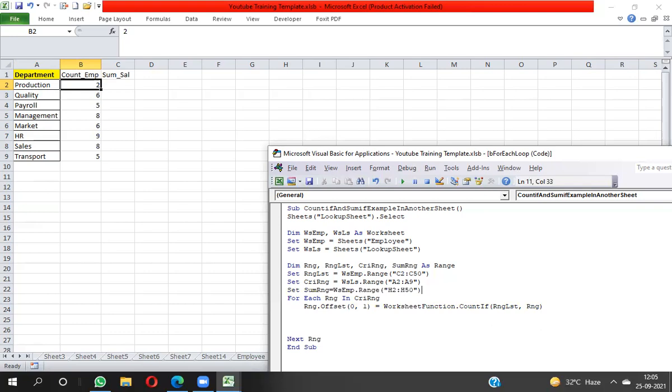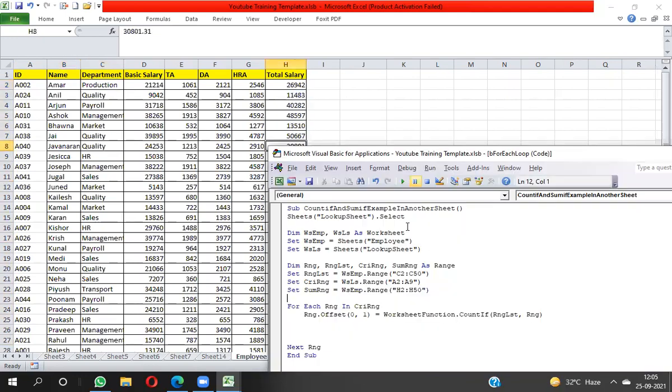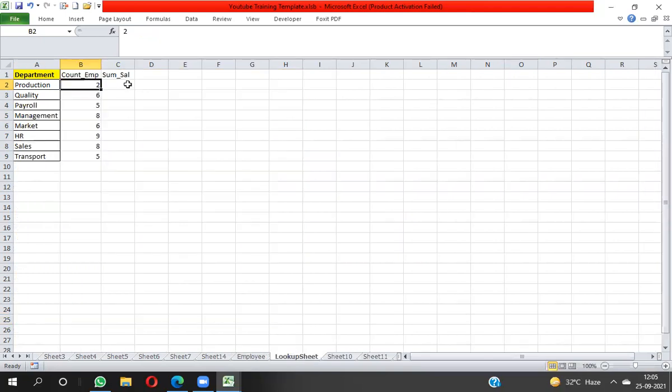So here you can see H2 to H50 is the sum range, and I have stored the same range. Now I need to apply the same function and take output in this cell.